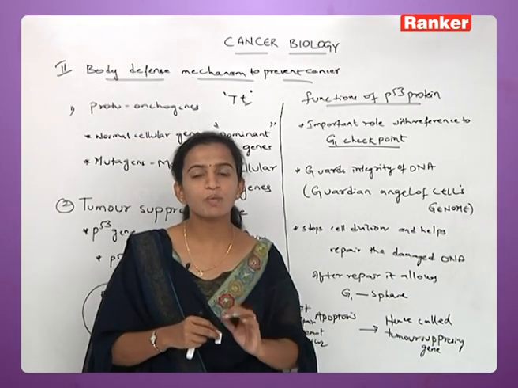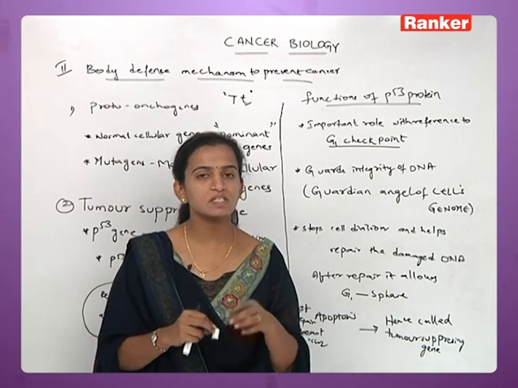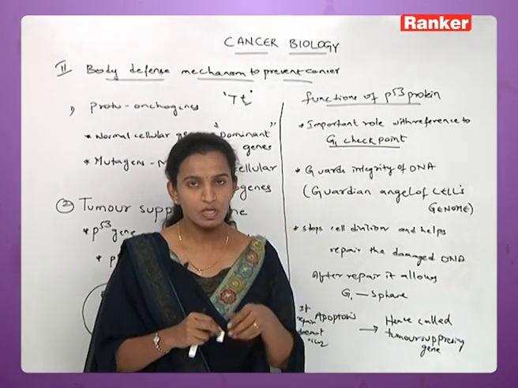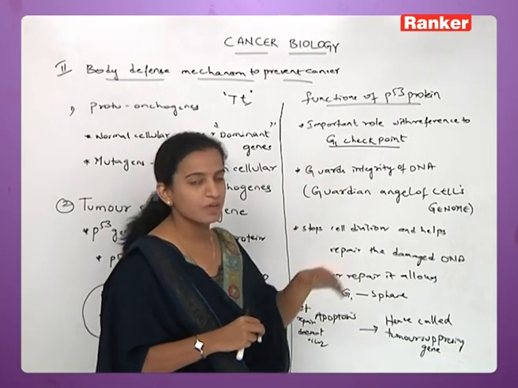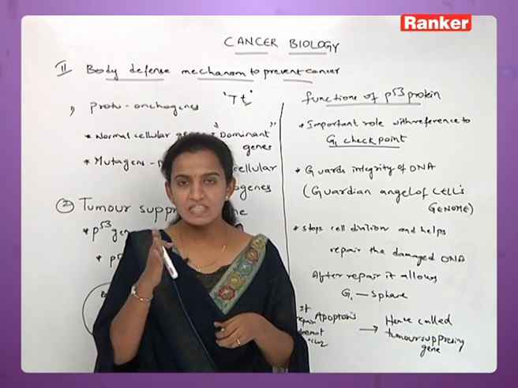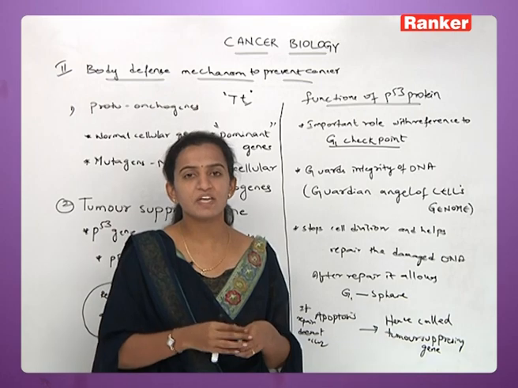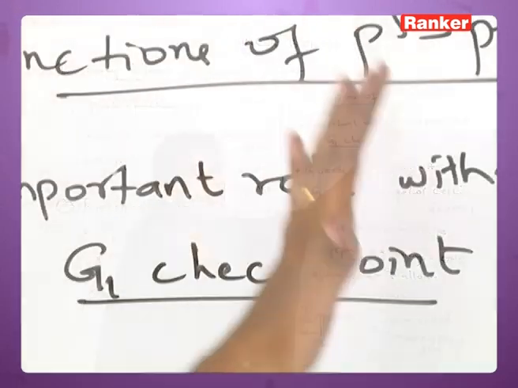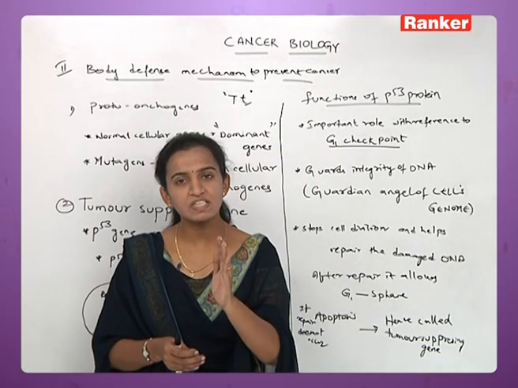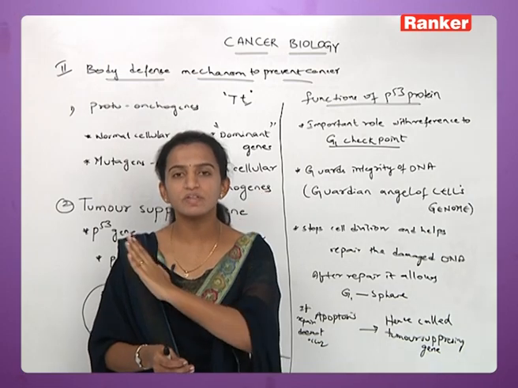Now, G1 checkpoint is the one, actually you know the cell division, mitosis and meiosis, there you can see the G1 phase present in one of the cycles of the division. So G1 checkpoint means that if the cell wanted to divide, there is a stage called G1 phase. Now if the cell wanted to cross that phase, it needs to go under the control of P53. P53 will check the cell in G1 stage and allows the cell, okay, you can go for the division.